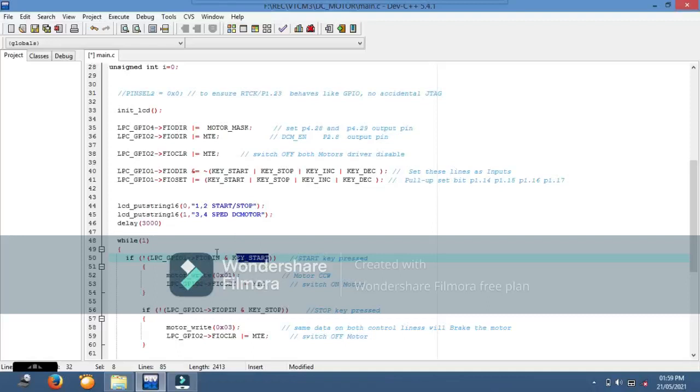That one is ANDed with the key pin, with the 14th pin of port 1. So if the key is pressed, the 14th pin of port 1 will become 0. Otherwise it will be 1 only. If it is 1, this will give you a non-zero value, and the invert of that will give you a 0 value.